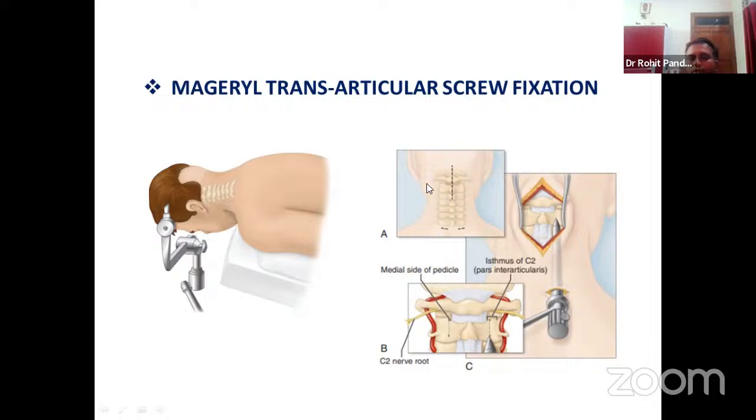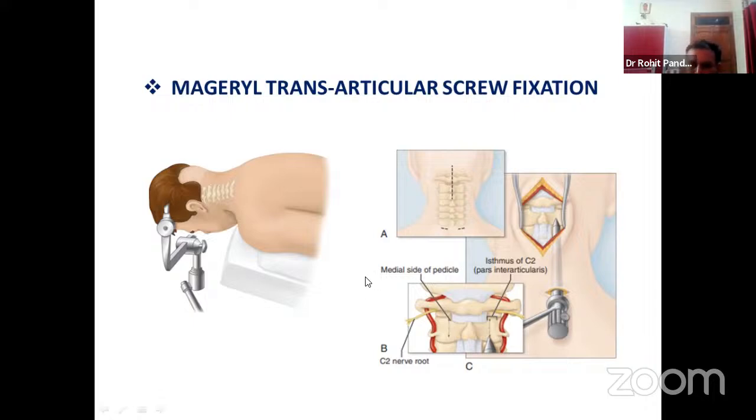The joint has to be opened, the cartilage has to be curetted, and the bone graft harvested from the anterior superior iliac spine or the posterior superior iliac spine can be stuffed inside the joint. So the alignment of the C1-C2 joint is a must before starting the fusion procedure, and it usually involves taking stab incisions in the lower cervical at the cervicothoracic junction